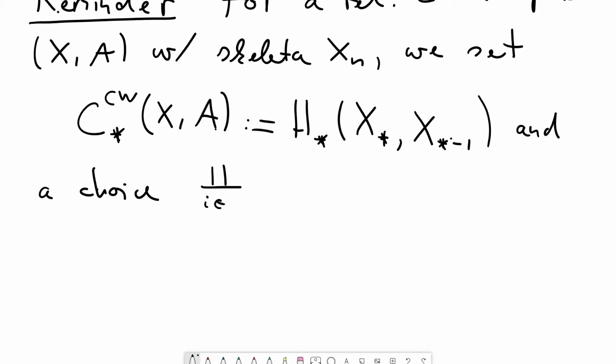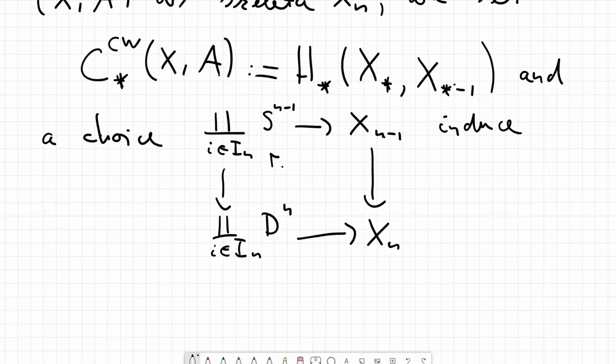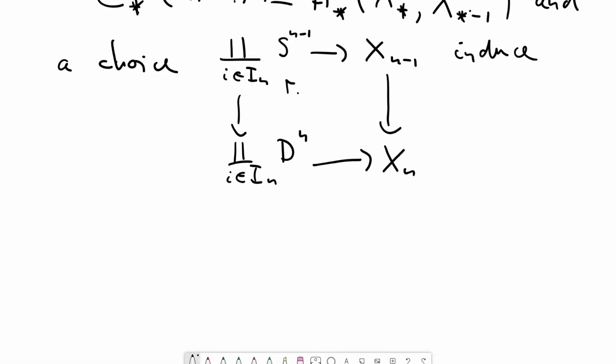So here we've got our attaching maps going into the n-1 skeleton, and here we've got our disks D^n, and this input gives as a push-out the n skeleton. So if we choose these push-outs, then we obtain explicit isomorphisms of the cellular chain complex to a free R module as follows. So such a choice induces isomorphisms